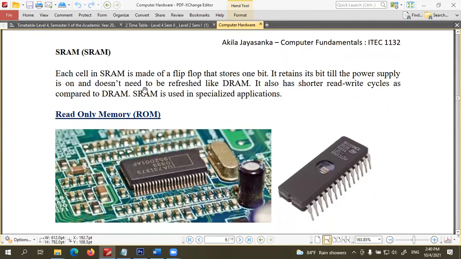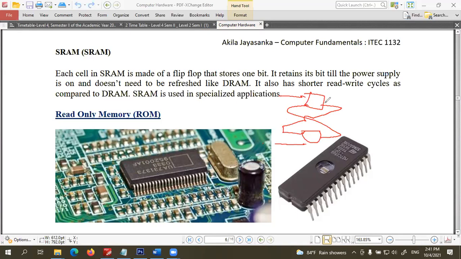Right. Again, static RAM. The technique used in static RAM is the flip-flop. I think in electronic lessons you may learn flip-flops. So a flip-flop is something like this. The output of this will be fed to here and the output of this will be fed here. So when we give a flip-flop an input, it will remain in the flip-flop. The data stays there.